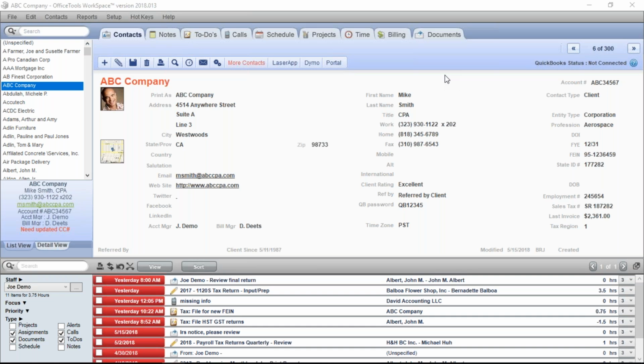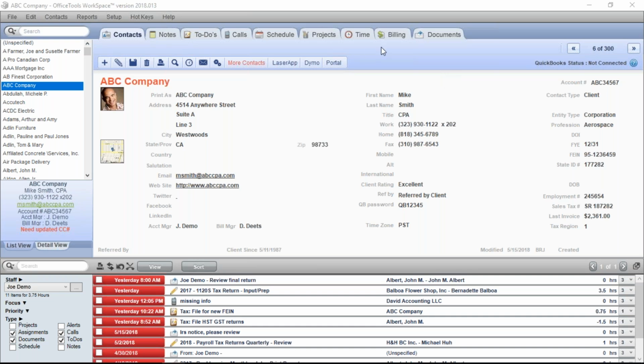Well, Office Tools does provide that tool, that function. So it's very easy to set up. You do have to kind of go through some motions, but once you're done with that, it's relatively automated. So here's that process for anybody that may not be aware that Office Tools does support reoccurring automated invoicing.